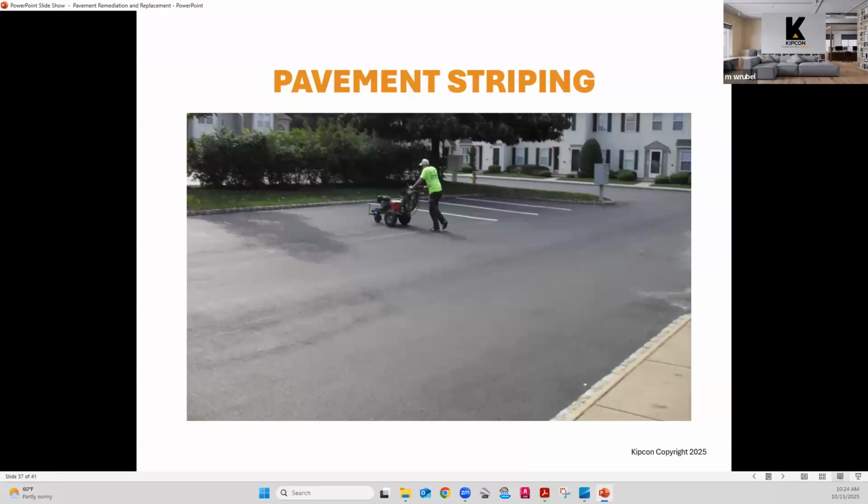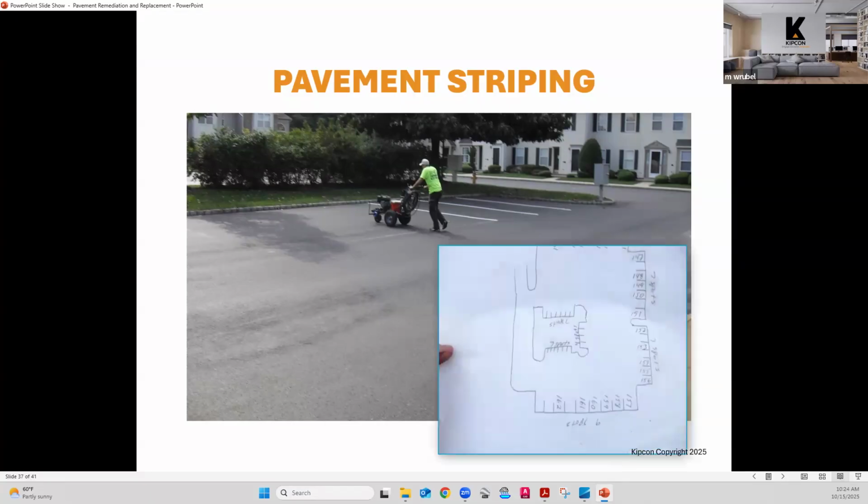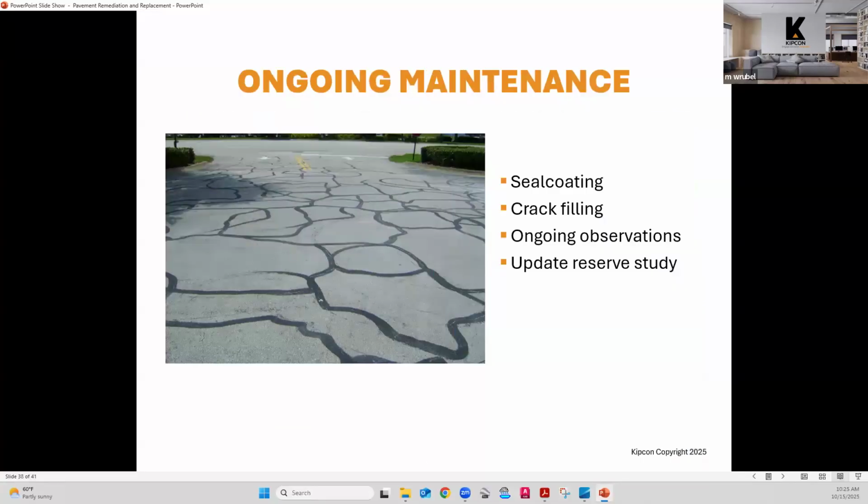Pavement striping is the very last that goes on. In our specifications, we always have them stripe it the way the existing striping occurred before the project began. And again, maintenance is very important. As that pavement ages, it's going to need some maintenance to ensure that you're going to get full useful life